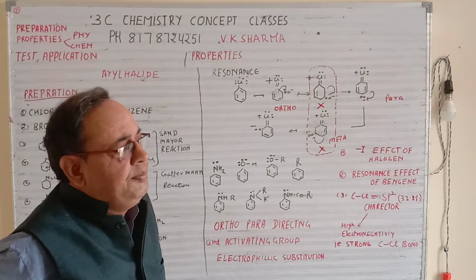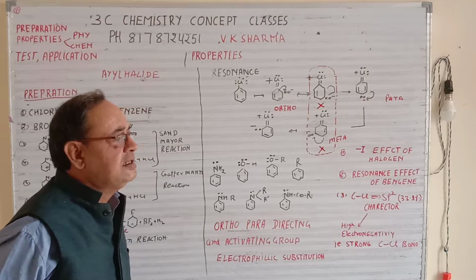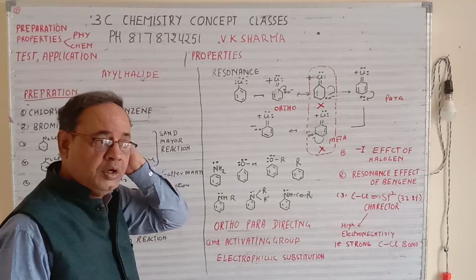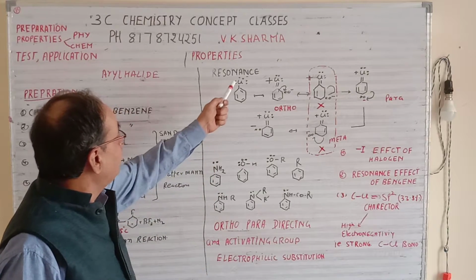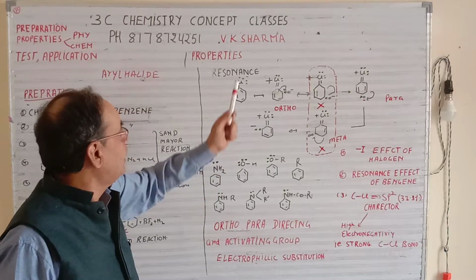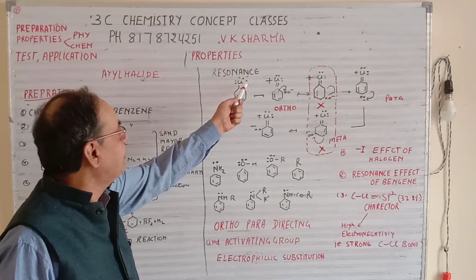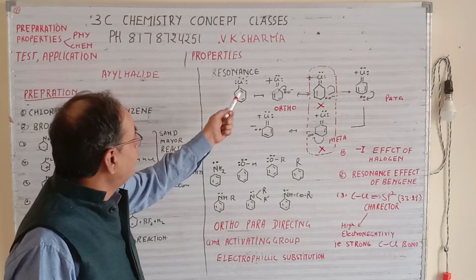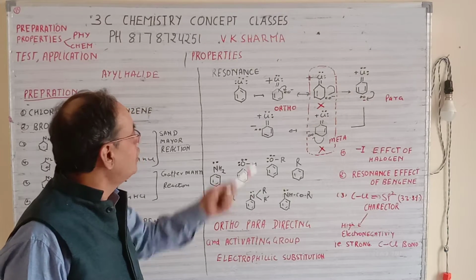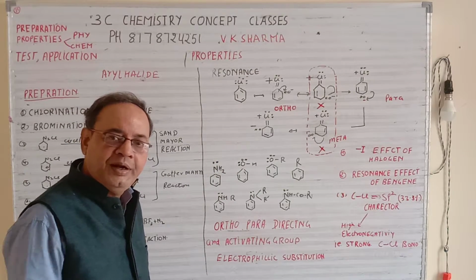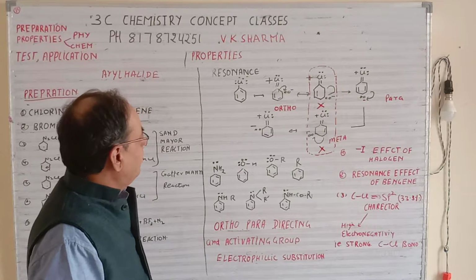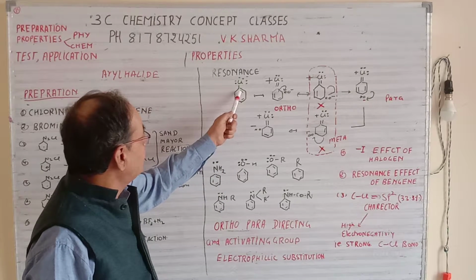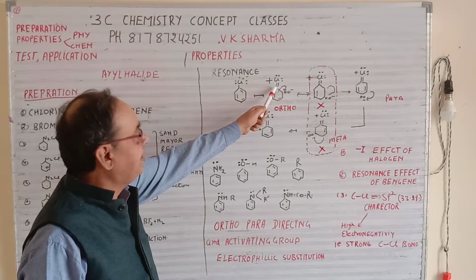Before starting the properties of the benzene compound, I have to tell you a few facts. First, you take a benzene ring, and the benzene ring undergoes resonance. How? When any halogen group is attached to the benzene ring, the halogen has 7 electrons, one is bonded with the carbon, and 6 electrons are there in a free state. The benzene ring has a deficiency of electrons, so it will try to attract the electron pair towards itself.